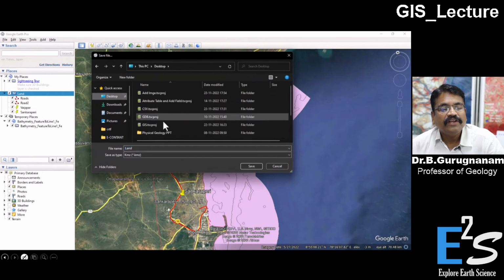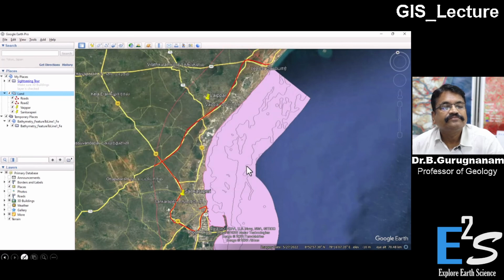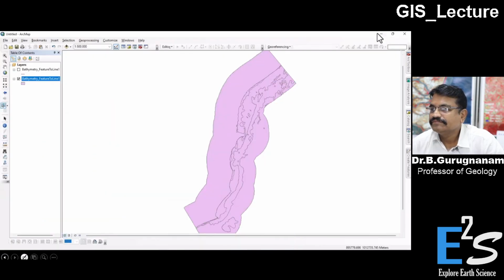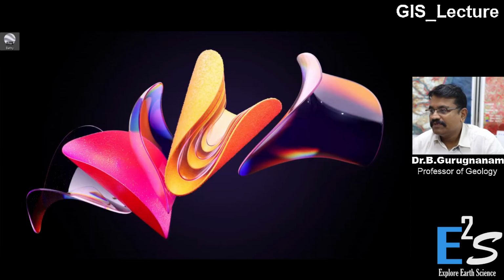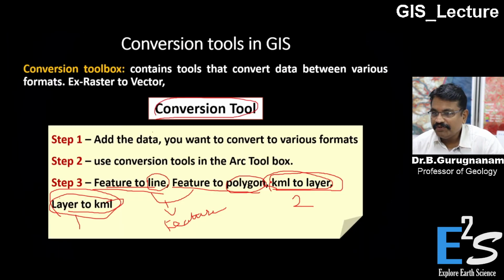As a KML file in the top of it. Whatever the KML file you use, you just save it here. There is a bit of disturbance. And this land is a KML file. Now you have to convert this KML file to a layer file. That is the second part, the last part of the conversion, what we are now going to do,